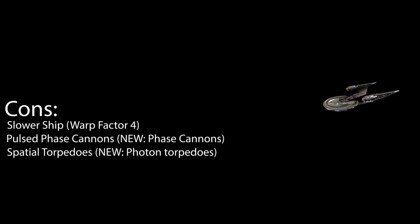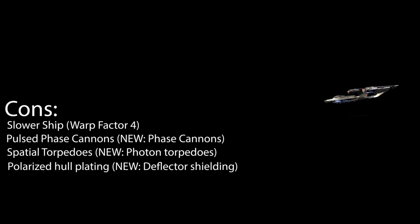And, of course, it does have polarized hull plating. Now, this is an older version of the deflector shielding. So, this is definitely not a ship for taking on normal hostiles. This is a very specialized ship, only for defeating swarm and other kinds of special event